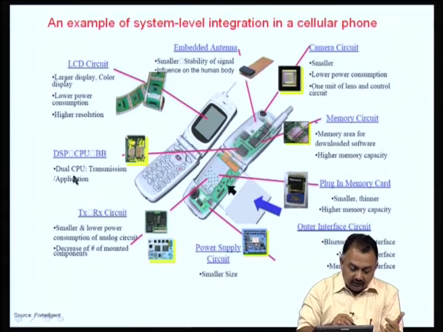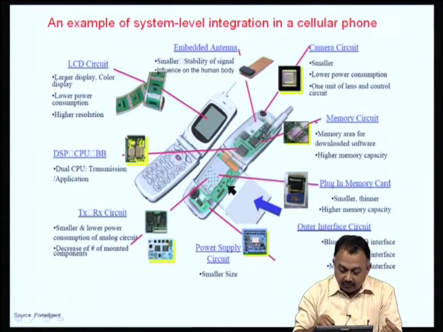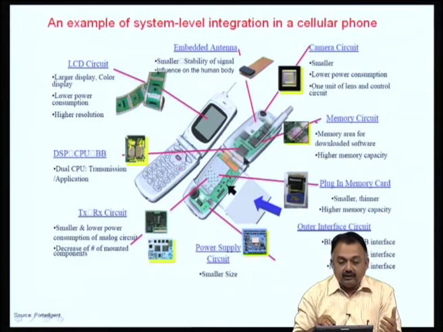So, then you have the important things: processor circuits, the basic CPU for transmission applications, digital signal processing CPU and so on, which will be mounted on one of the boards, and you have to look at the latest technologies for using these kinds of microprocessors and devices and their associated electrical performance with other devices that are already chosen.